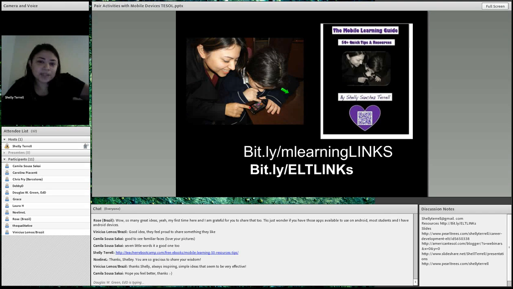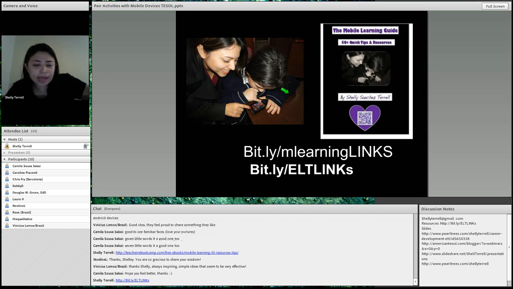There are so many different apps out there that are great for language learners, great for learners in general. Dropbox, Videolicious, Sketch is great. Evernote, Diigo, Pearltrees. This will be online, so if you can't find all of these right away, don't worry about it because it'll be online and you'll be able to see it. You can go to the bit ELT links to see past different types